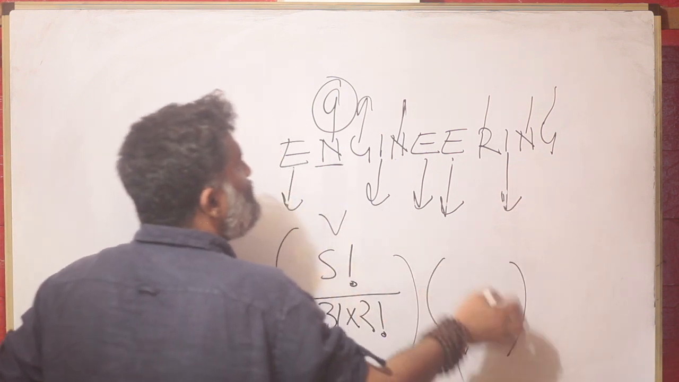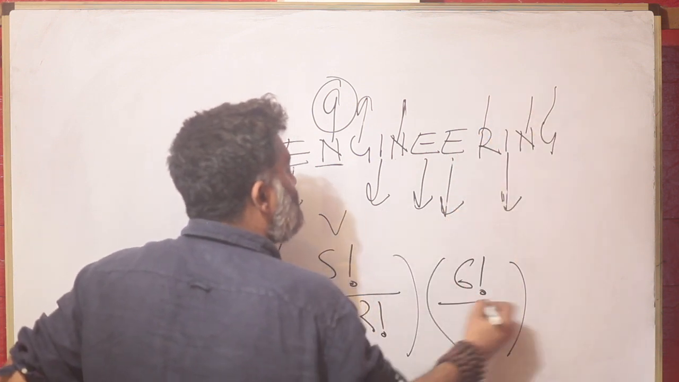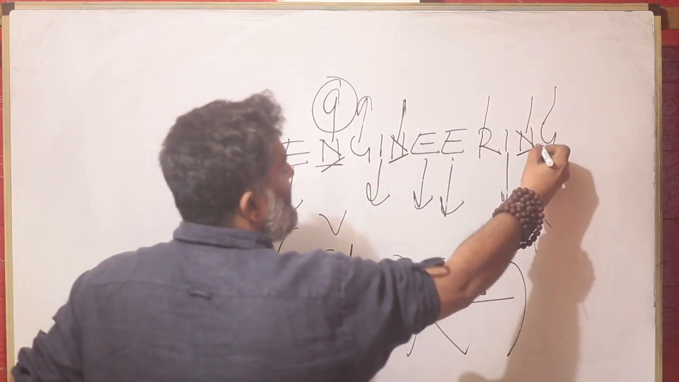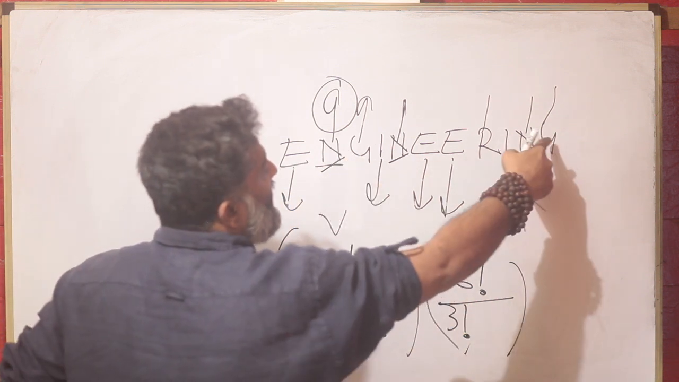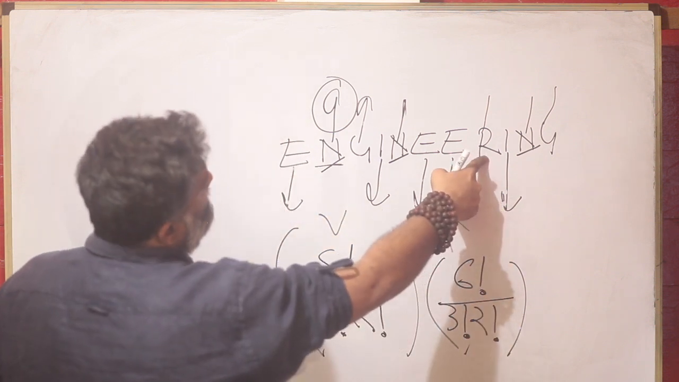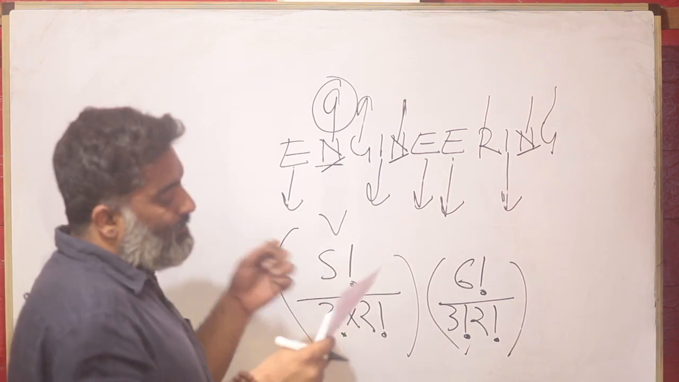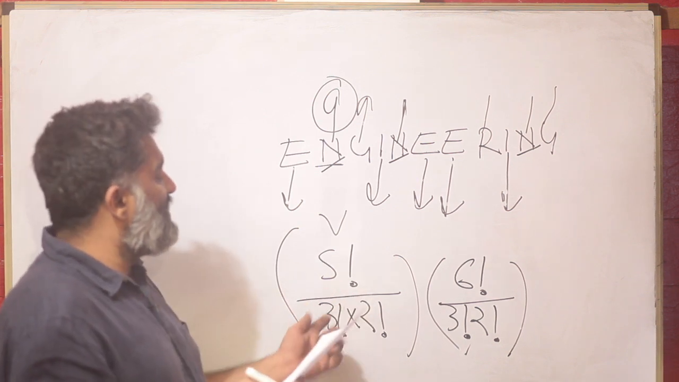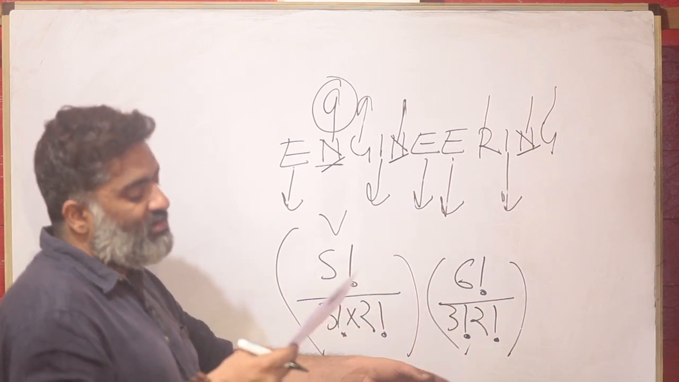And what about the consonants? I have 1, 2, 3, 4, 5, 6. So 6 factorial. Any repeating consonants? Yes, N is happening once, twice, thrice. So 3 factorial. G is happening once and twice. So 2 factorial. R is happening once. So that's it. So my final answer would be 5 factorial upon 3 factorial into 2 factorial into 6 factorial upon 3 factorial into 2 factorial, which is there in